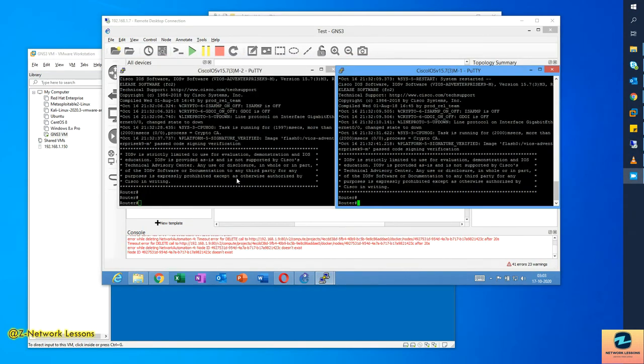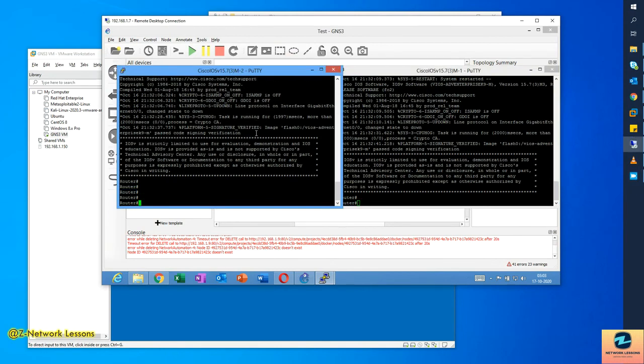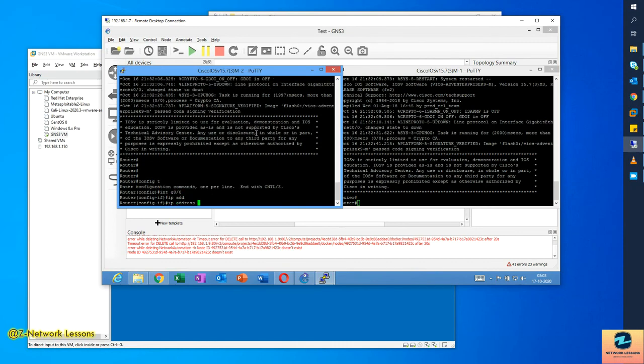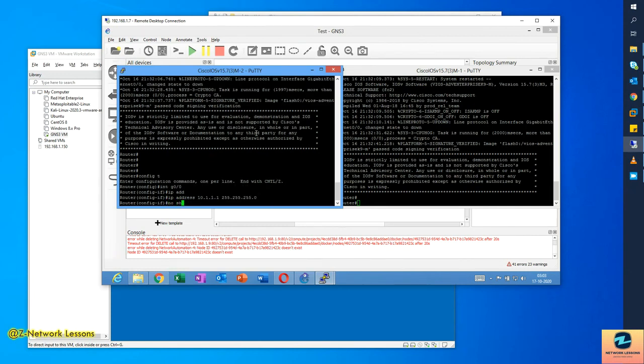Okay guys, so both the routers have booted up, so let's go and configure and check the basic commands here. So I'll go and config t, interface gigabit 0/0, IP address 10.1.1.1 255.255.255.0, and I'll do a no shut.